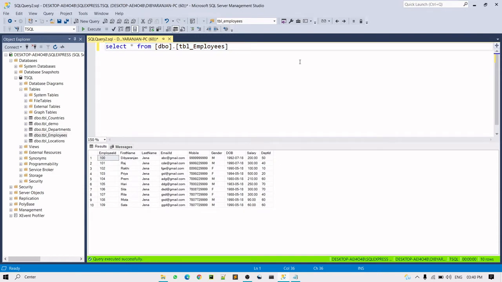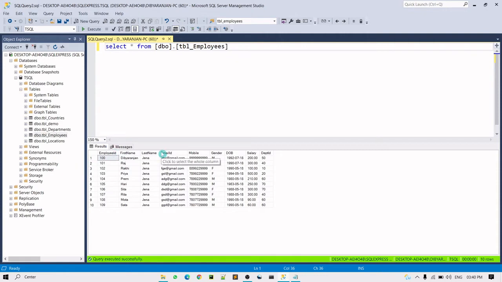So guys, the next shortcut key we are going to see here is Control plus R. Once you execute the select statement with Control plus E, you can see your results in the result tab.